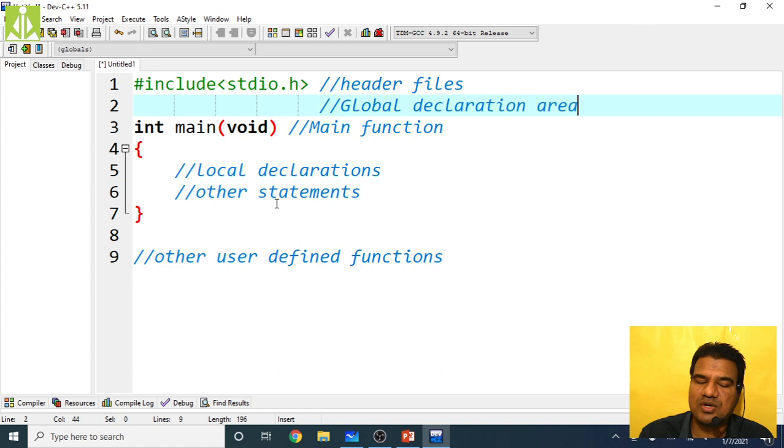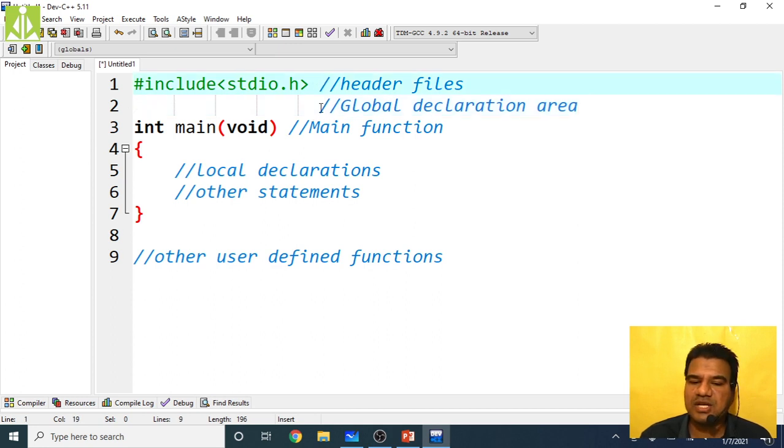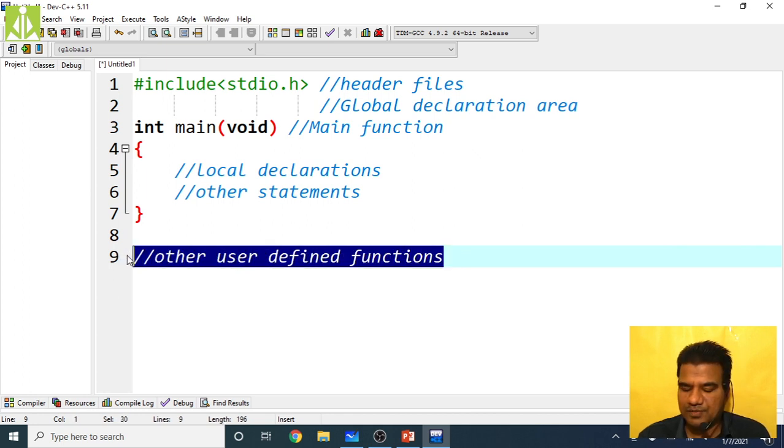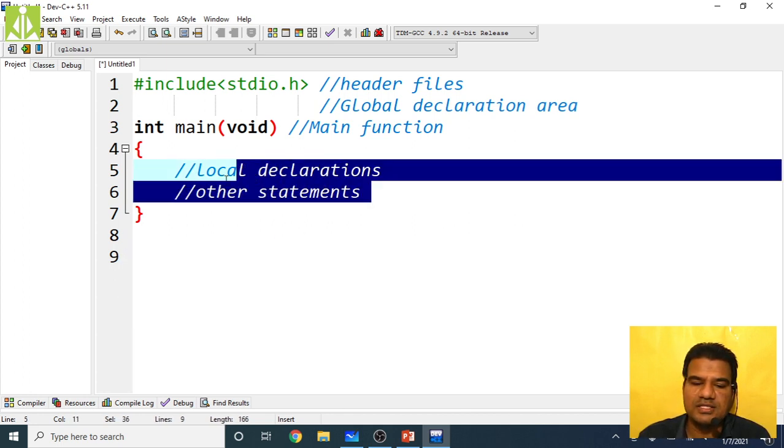Just to give clarity on the structure of a C program, I have written all these things. The first section is header file inclusion, the second is the global declaration area, then the main function area, then local declarations, other statements, and other user defined functions. So like this your structure of a C program goes. Now I'm deleting all these things.